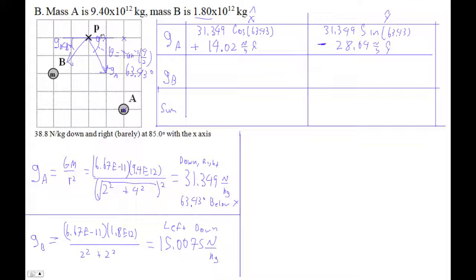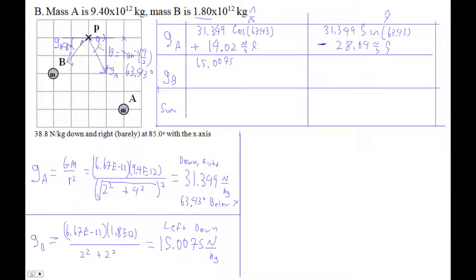So notice that this is going to be down. Both of these, by the way, have a negative y component. This one also has a negative x component too. Okay, so we've got that. That looks good. More y than x. It all looks great. Okay, this guy is going to be, the b is